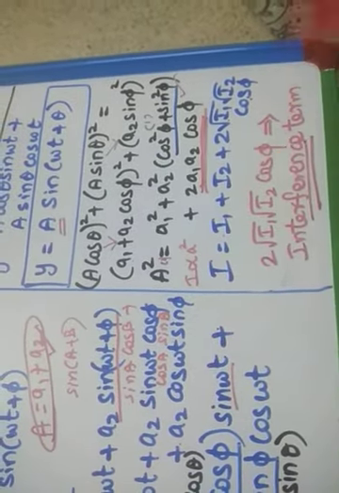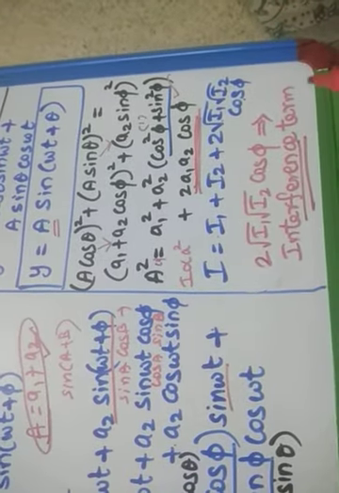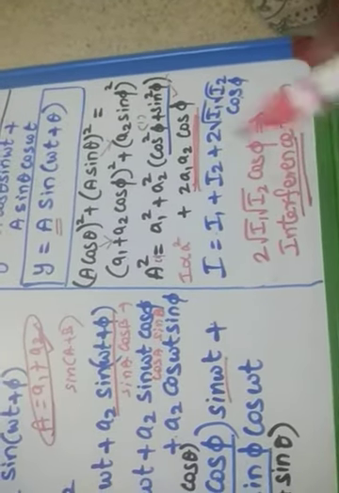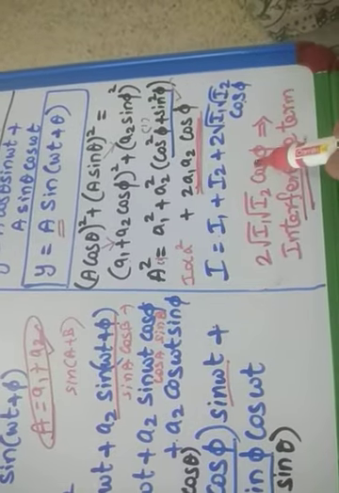When cos pi is maximum, cos pi is equal to 1, and minimum means cos pi is equal to minus 1. That is what we can take, not 0. So the maximum condition is cos pi equal to plus 1, and the minimum condition is cos pi equal to minus 1. That is what we are going to see now.